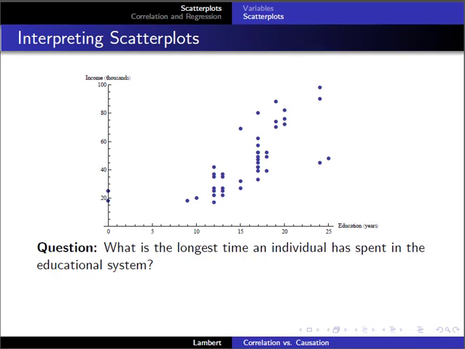Moving forward, we can do another problem. What's the longest time an individual has spent in the educational system? That's not too hard. All we need to look at now is the x-axis. So we're going to take our lines and move them up and down. And it's pretty easy to see